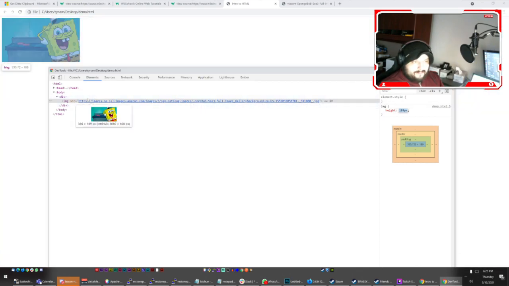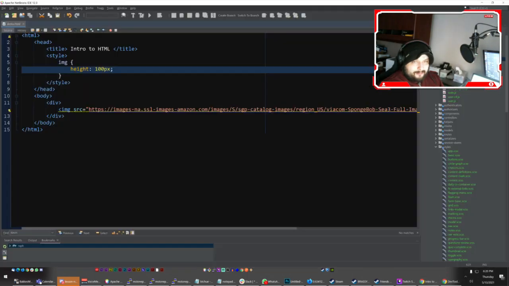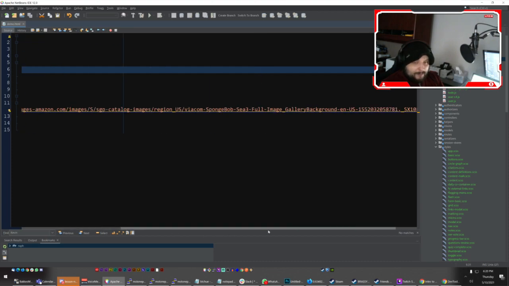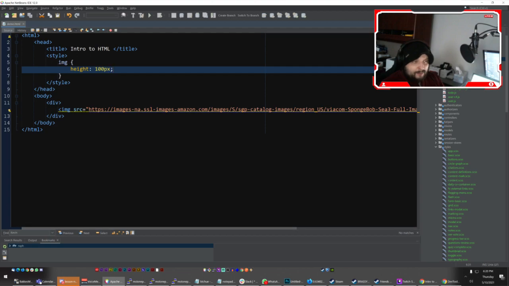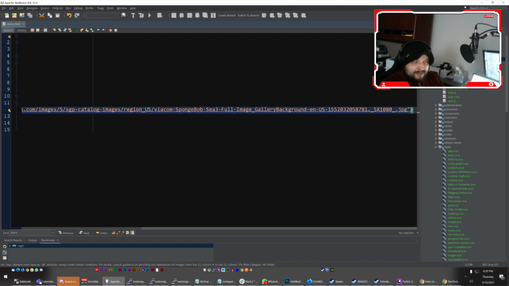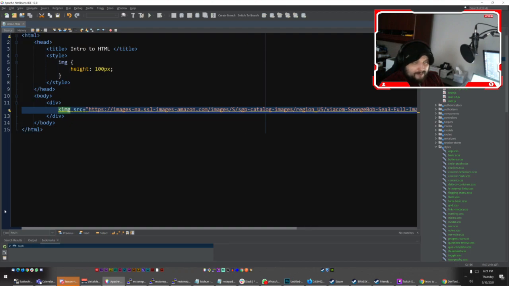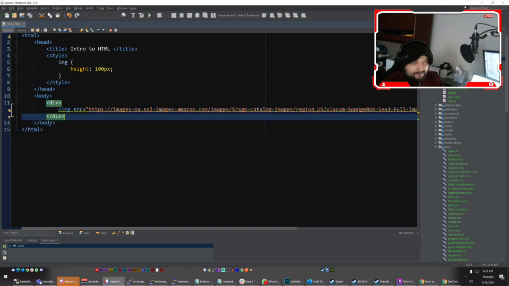So image is one of the very few HTML elements that will not have a close. There are some others, and I'm going to be honest, I can't think of any off the top of my head right now, but I know that there are others. But image is the most commonly used one. You don't need to close the image, so it's like an exception to keep in mind. And obviously images are commonly used in web development, so you'll see images everywhere as we go about doing things, and you just have to remember that the image one does not need a